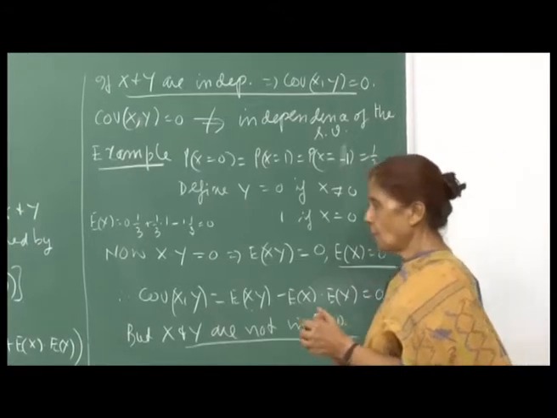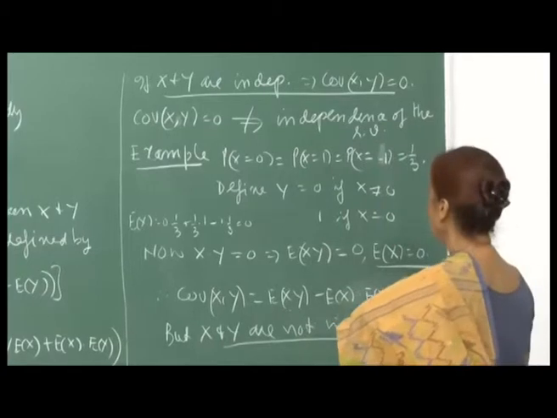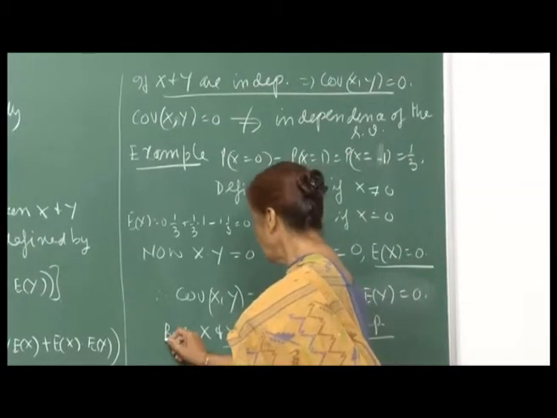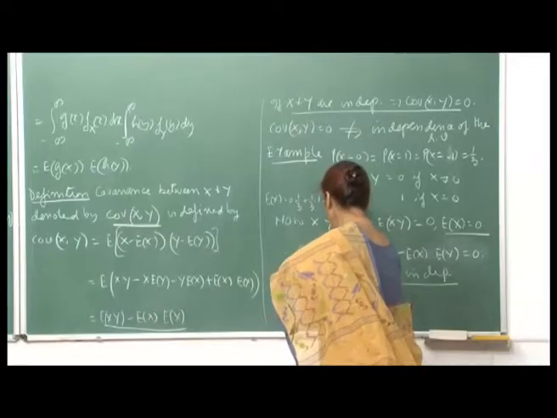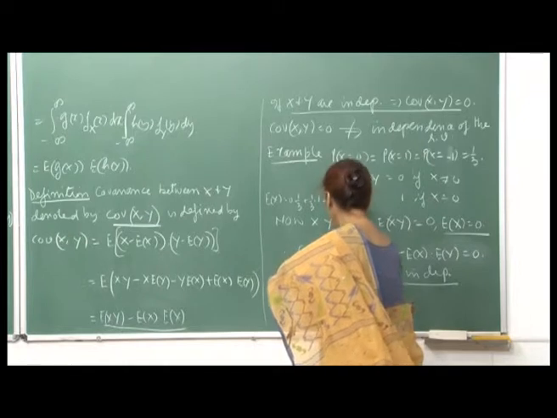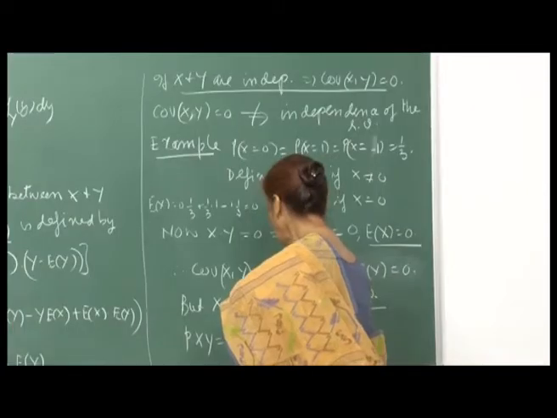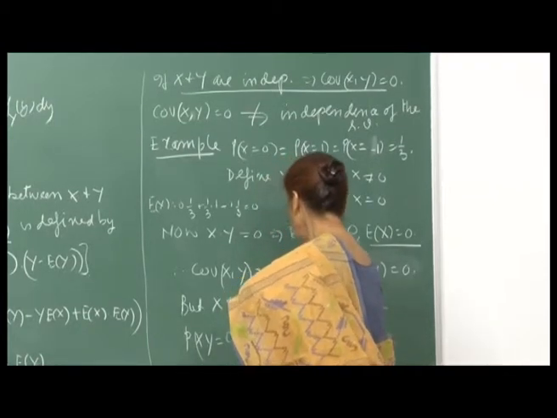You can, if you want, do it this way. What will you use? You can show that probability of x, y. Because they are discrete random variables, we consider all possible values. In fact, xy takes all 0 values. So, therefore, here you have to show that